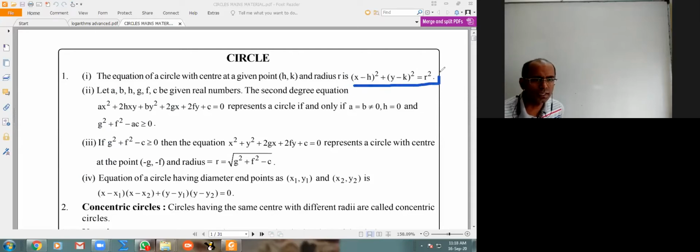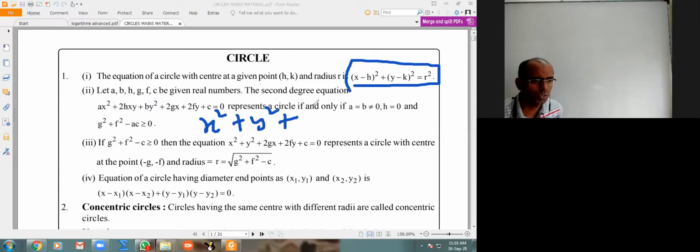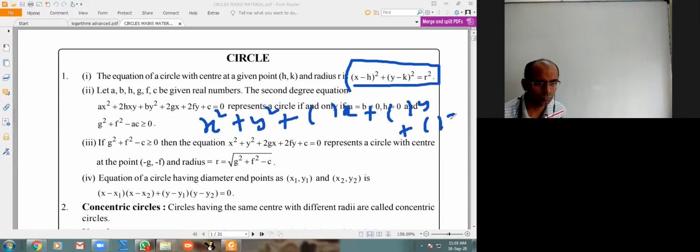Now, when you expand this circle equation, you will get x squared term, y squared term, some x term. I'm going to write it as something into x. We'll get some y term, which is something into y. Here some h square plus k square minus r square. The whole thing is some constant equal to 0. So any circle equation will be in this form: x square plus y square plus some real number into x, some real number into y, plus some real number equal to 0. Of course, you can multiply 2 here, 3 here, 4 here. But every time x square, y square coefficients are equal. If you multiply 2, you will get 2x square plus 2y square, coefficients are 2.